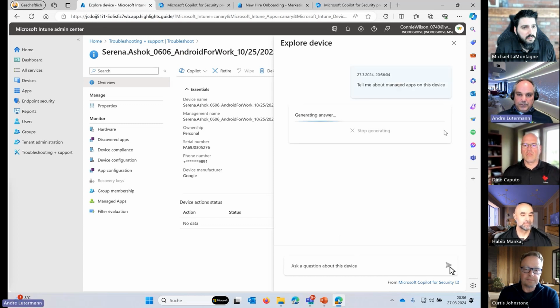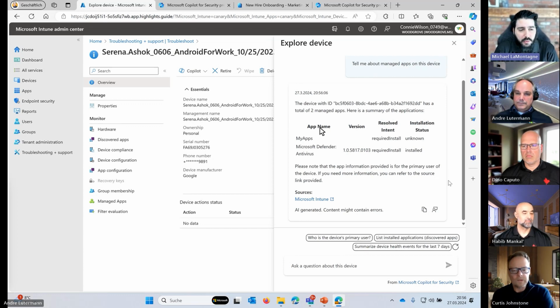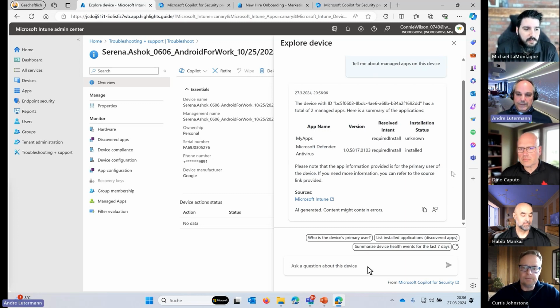What are the managed apps of the device, for example? So I don't have to. Go ahead. Yeah, just go ahead. I was just wondering on the troubleshooting side, are you able to do like a broader statement, like list all the Android devices that have failed compliance because of XYZ or something like that? Like, can you use it as a? That's cool. Yeah, you can really actually do that. That's a simple example to a certain degree here, what I'm doing. But it's definitely